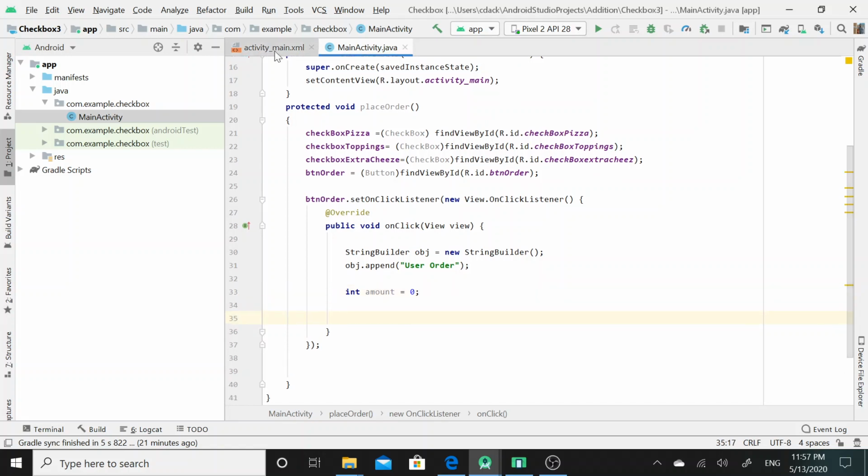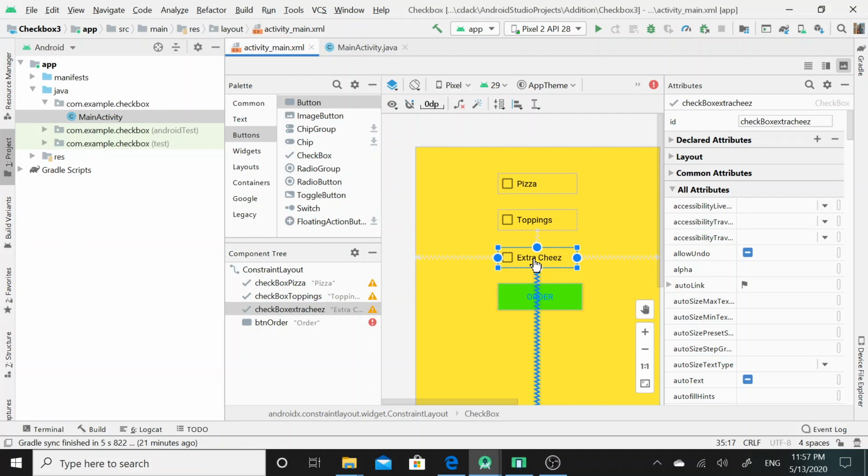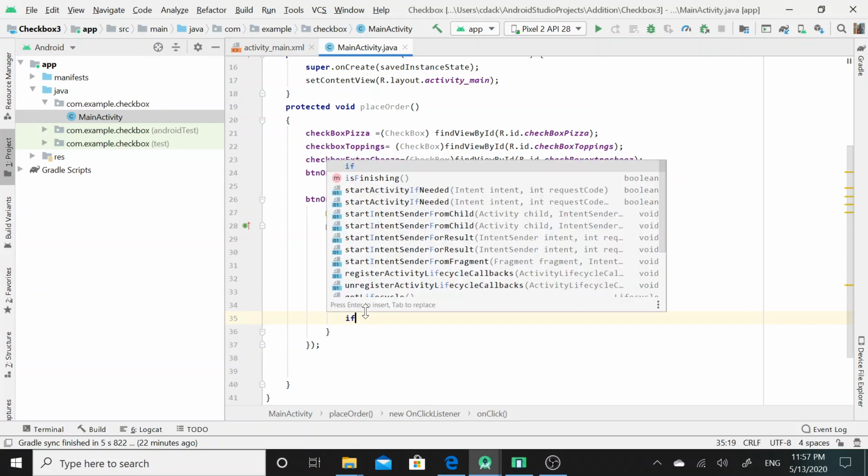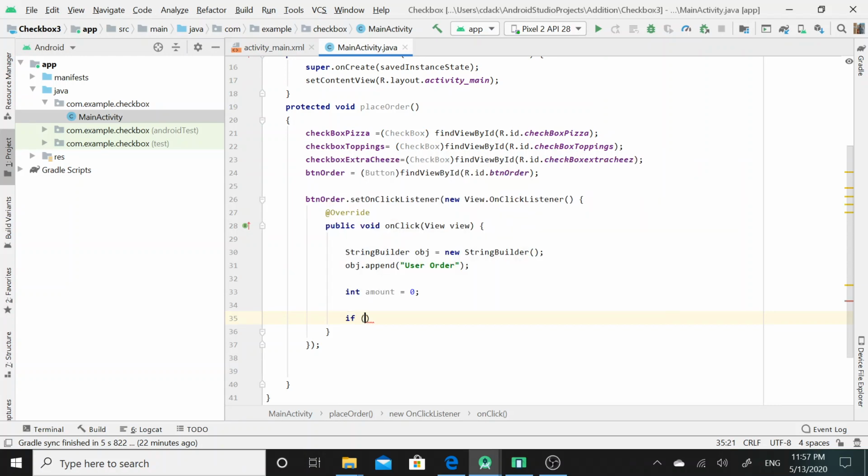Later on, to determine whether the user has selected the pizza checkbox or not, I will simply use the if control structure. So I will call here the if control structure.